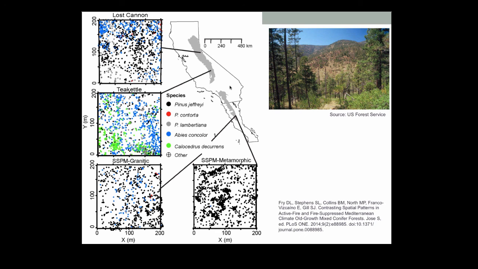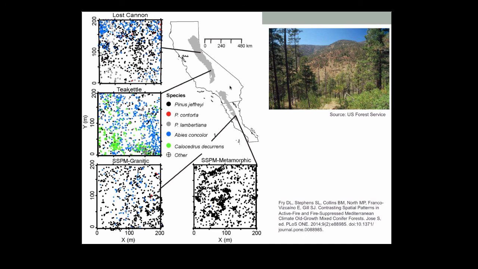If we look at these black dots across these four different old growth areas that these researchers studied, looking at the spatial patterns in active fire and fire suppressed old growth mixed conifer forests, you can really see that there is a spatial patterning to how we would